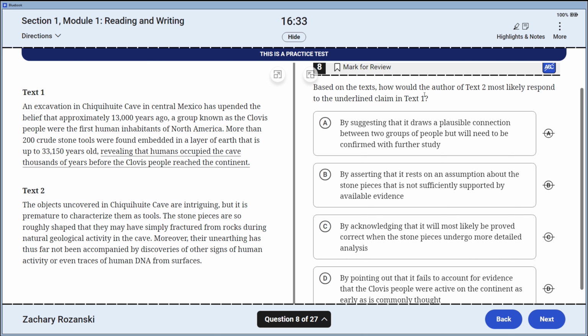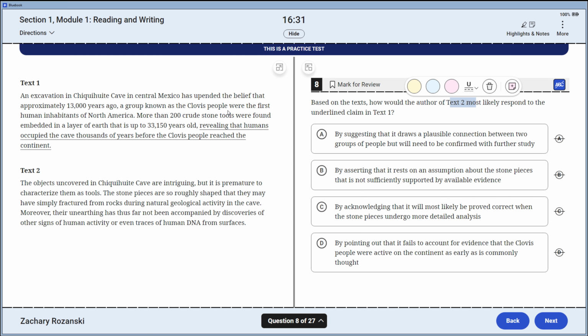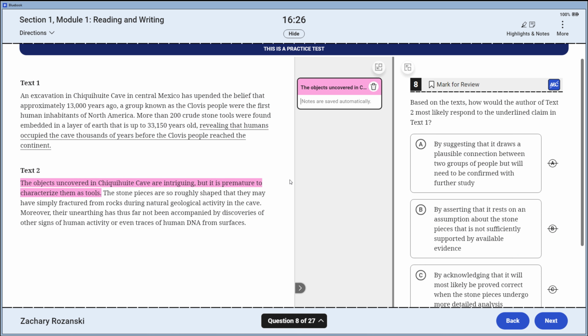Based on the text, how would the author of text 2 most likely respond to the underlying claim of text 1? Let's give this a little read. The objects, the things found are cool, but it is too soon to call them tools. It's too soon to call them tools. The stone pieces, shots fired, are roughly shaped, and are probably just broken rocks that you found, you losers. Then we keep reading, and